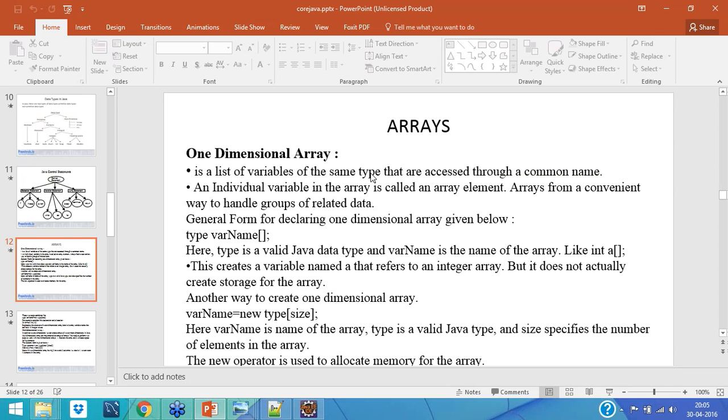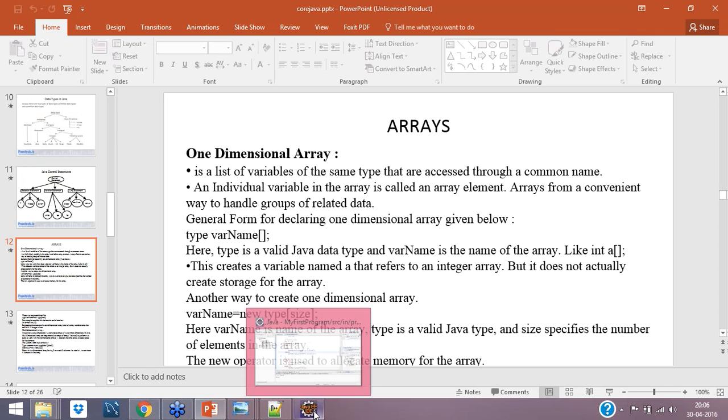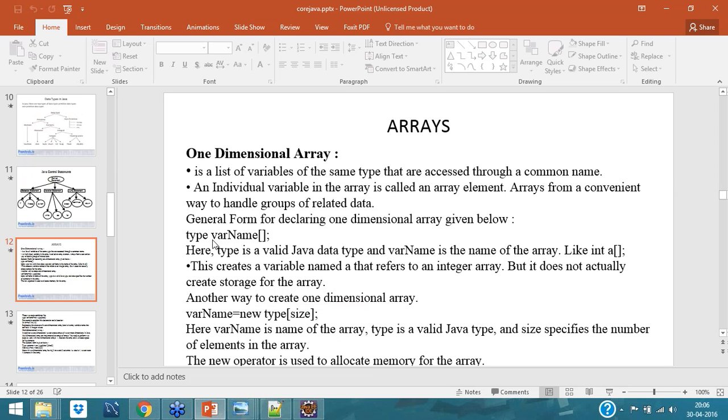Let's say I have a bucket and I have balls, cricket balls, so all should be balls. That bucket will accept only balls. It will not accept ball and bat both, because these are different data types. If you are creating an integer array, then all data should be integer.